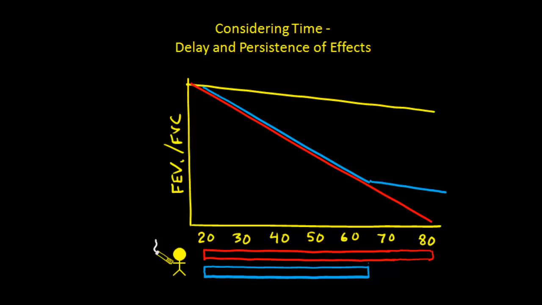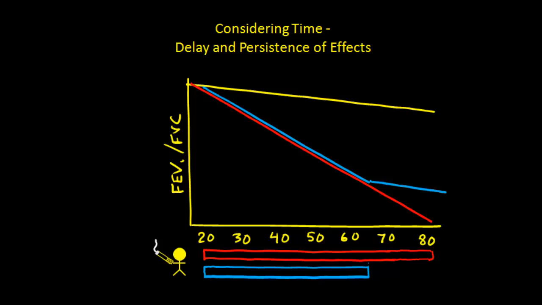Now, what about the persistence of the effect? In the time series analysis, we saw that when the air pollution went up, the mortality rate went up, but it came back down after about 2 days. So there the persistence of the effect was only about 2 days. And so that led us to construct our exposure and our outcome to be apart from each other by 2